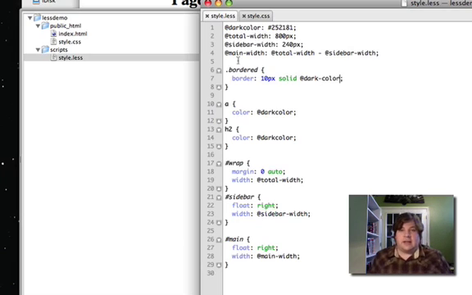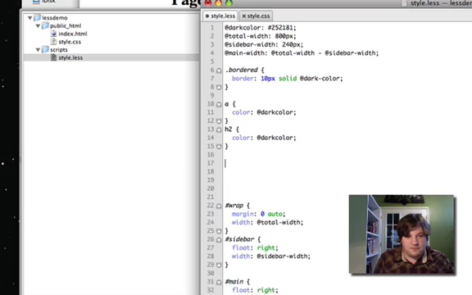Now, in most cases, when you create a new class, you'll know that you have to go back to your HTML and update all your divs and your paragraph tags with that class. But in this case, well, all I need to do is,